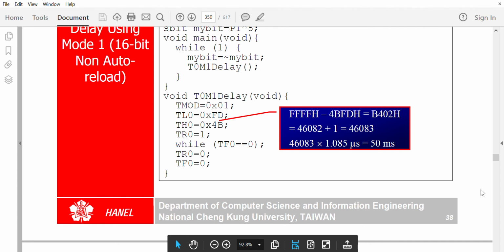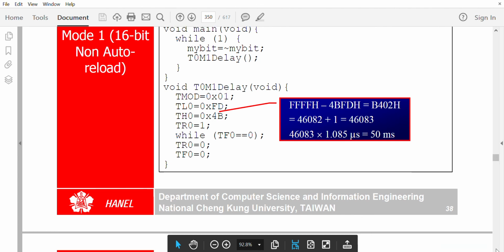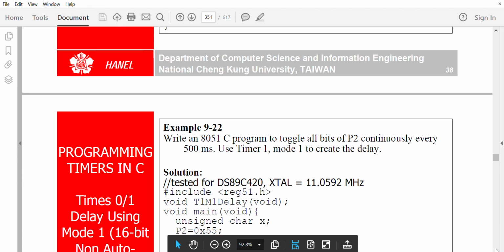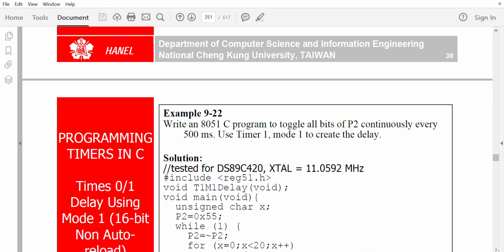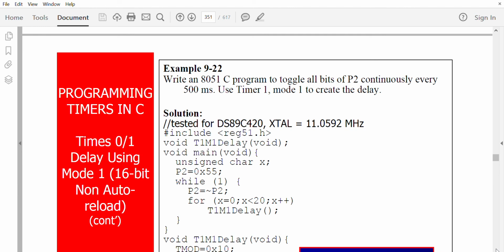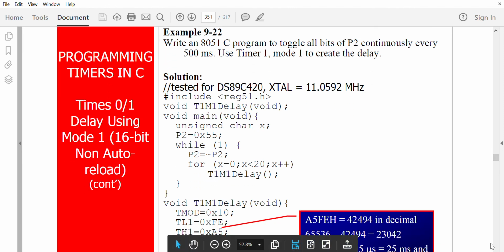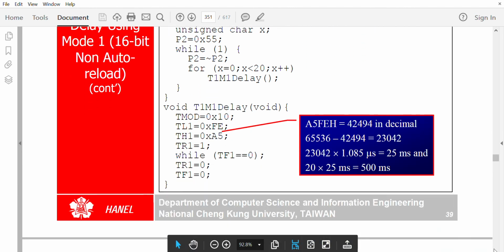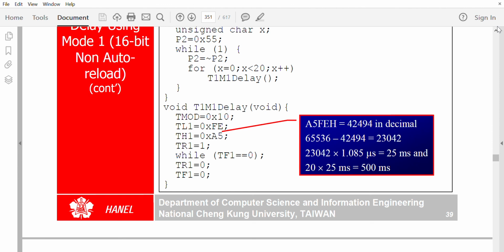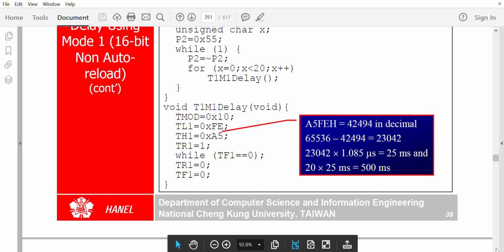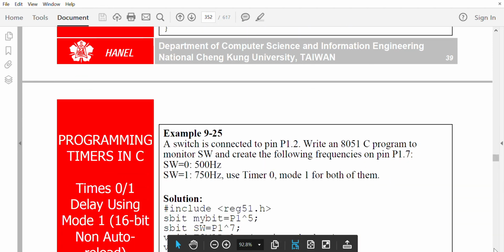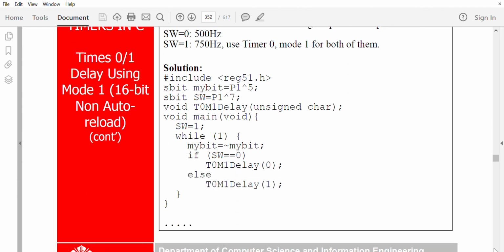That will give the delay. So all these are the same. No difference. You create a delay program and only the function of that program is different. So that will be over in a single instruction. Rest is mode 0, sorry, mode 1 or mode 2. So just go through these.